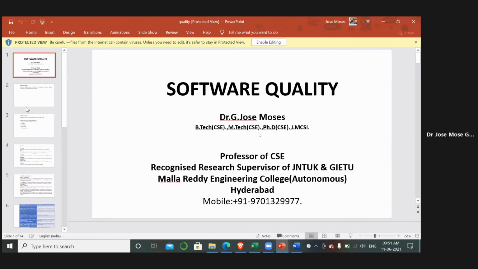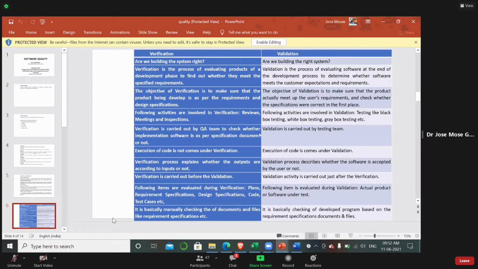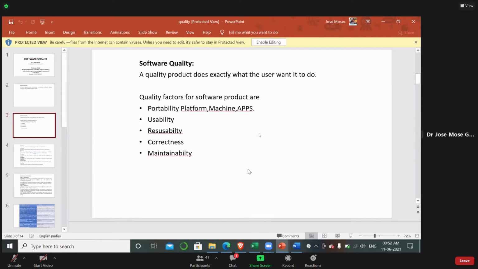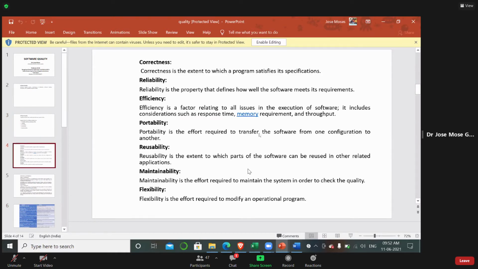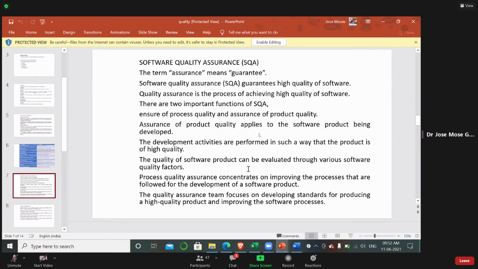Of course, in quality also we have discussed some things. In testing, we have discussed what is meant by verification and validation. All of you should know this table. We have taken an example of a passport authority officer or police verification to explain verification and validation, and the different software quality measures that we discussed in our previous class.